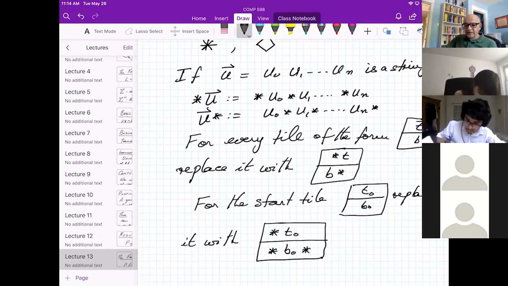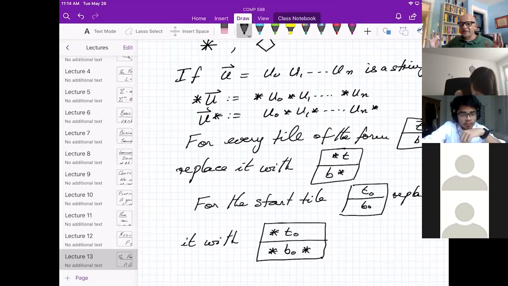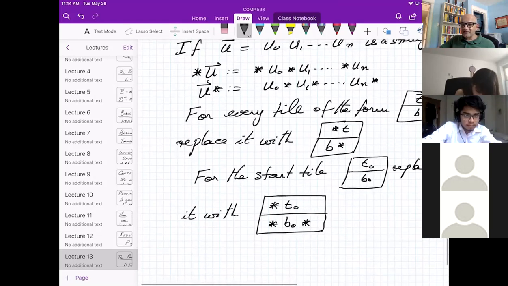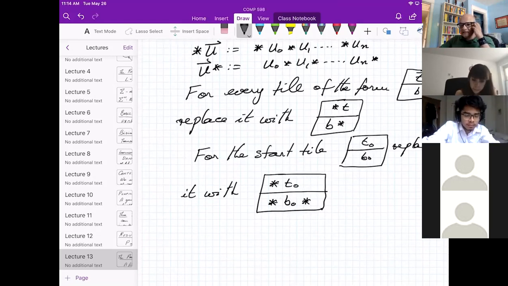So you see this one only, this is the only one that has a star on the bottom to start it. So I'll tell you, start however you want. I'm not putting restrictions, but you look at these tiles and you say, well, if I'm going to make a match, I have no hope if I don't start with that one. So even though I haven't placed an official restriction on the rules, the design of the tiles forces you to start with that one anyway. So without loss of generality, we can say that you're working with the modified problem because the modified problem can always be transformed into this one.